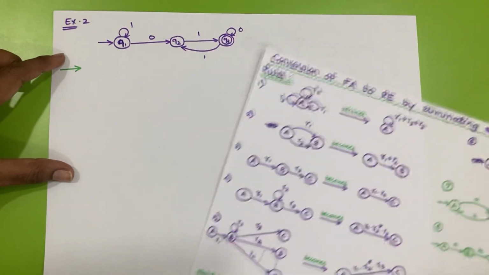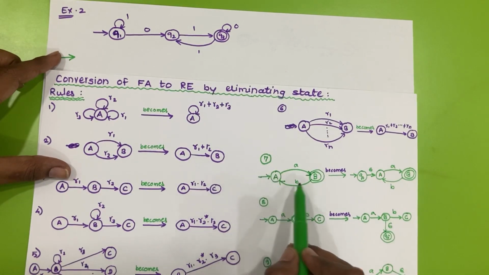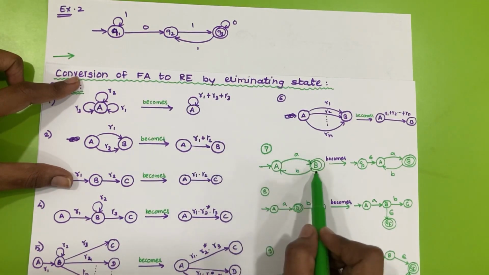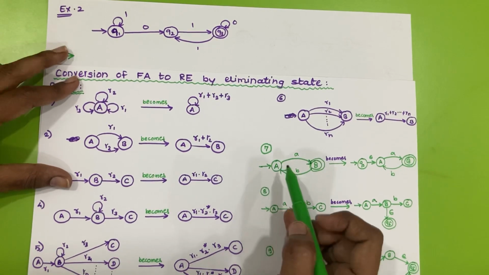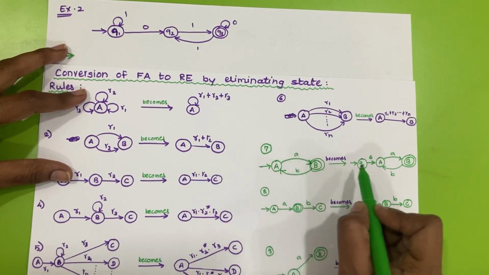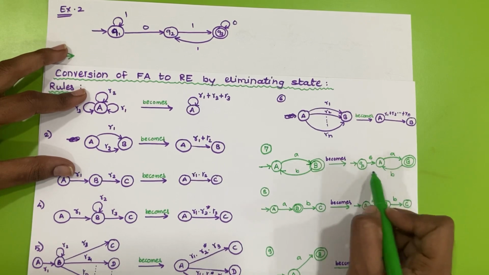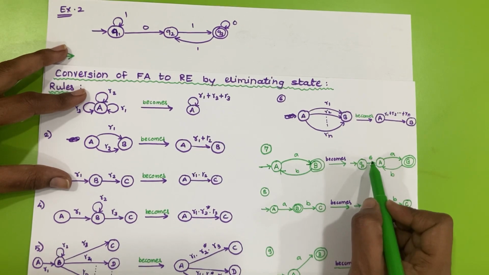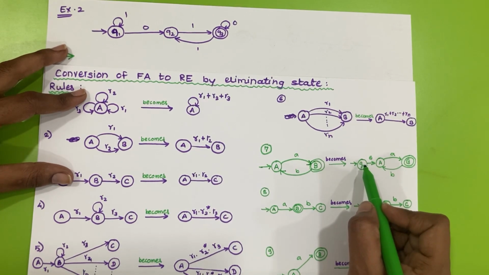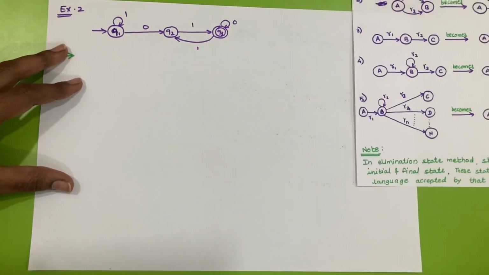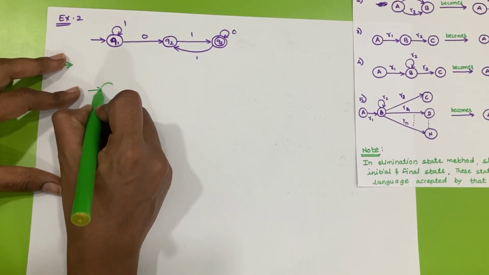Here the seventh rule can be applied. This is the situation same as the seventh rule. In the seventh rule we said that if this is the situation, then this diagram will be converted into this. In this resultant diagram, the new initial state is added. So we will add here the initial state, or one more state to the A. So here the resultant diagram will be